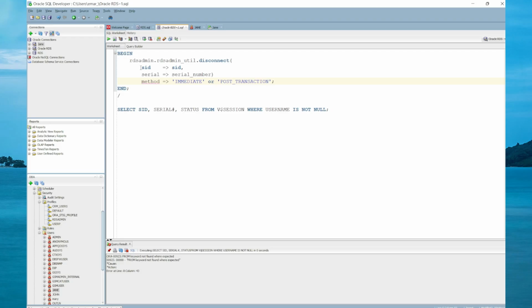To disconnect the current session of a user by ending the dedicated server process, you can use the disconnect procedure within the rdsadmin_util package that is found in the rdsadmin schema or user. The disconnect procedure takes the SID, the serial number of the session, and for the method you can specify immediate or post transaction. To identify the SID and the serial number, you can do a select on the v$session